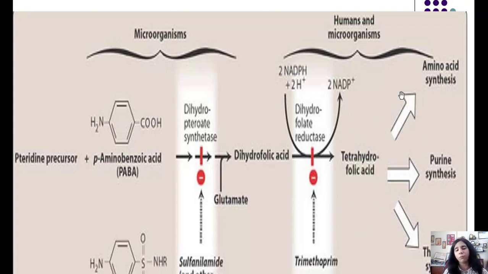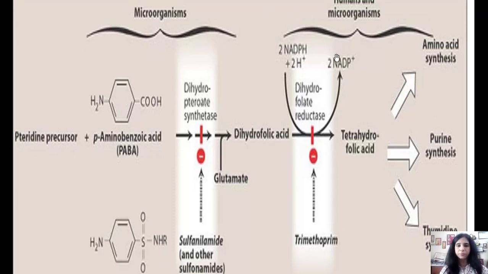Now in humans also this enzyme, DHFRase, is present, and this enzyme in humans is not inhibited, students, by trimethoprim. So thereby trimethoprim exerts selective toxicity. This enzyme is inhibited by the anti-cancer agent methotrexate. Methotrexate is one anti-cancer agent which inhibits dihydrofolate reductase in humans. Is it clear? So that's it.